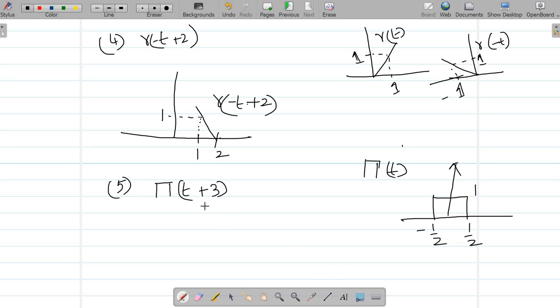So I have to advance this by 3 units. That means I will have to shift it in the negative direction. If it is negative of 3, suppose if it had been say negative t, then for advancing the signal I will have to shift it in the forward direction. But since it is a positive t here, and since it is plus 3, it is actually advancing the signal, but this will mean the signal will have to be shifted in the negative direction. Okay, so the signal that we will get is,